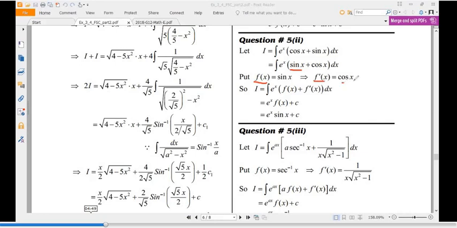ऑफ एक्स, साइन एक्स का डेरिवेटिव होता है कॉस एक्स। इनको वापस यहाँ पुट करते हैं तो देखिए साइन एक्स की जगह हमने लिख लिया एफ ऑफ एक्स और cos x की जगह हमने लिख लिया एफ प्राइम ऑफ एक्स। अगर इस e पावर x को अंदर मल्टीप्लाई करते हैं हम तो हमारे पास e पावर x एफ ऑफ एक्स प्लस e पावर x एफ प्राइम ऑफ एक्स। तो ये बन जाएगा हमारे पास दो फंक्शन और दो फंक्शन का प्रोडक्ट रूल लग जाएगा। मीन फर्स्ट फंक्शन एज इट इज डेरिवेटिव ऑफ सेकंड प्लस सेकंड एज इट इज डेरिवेटिव ऑफ